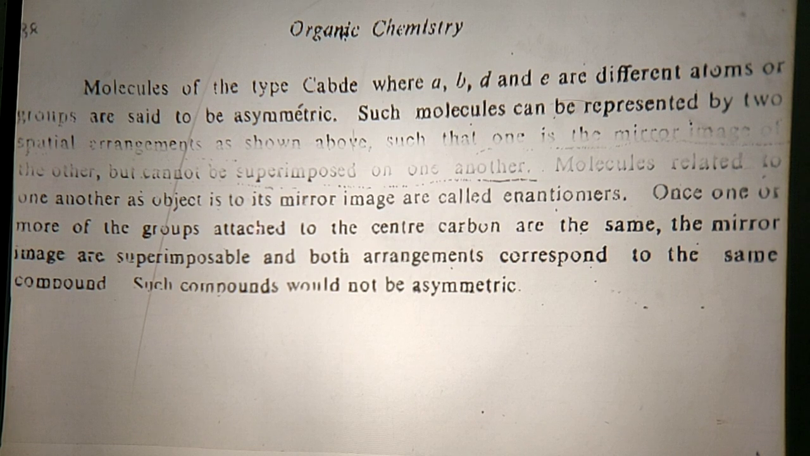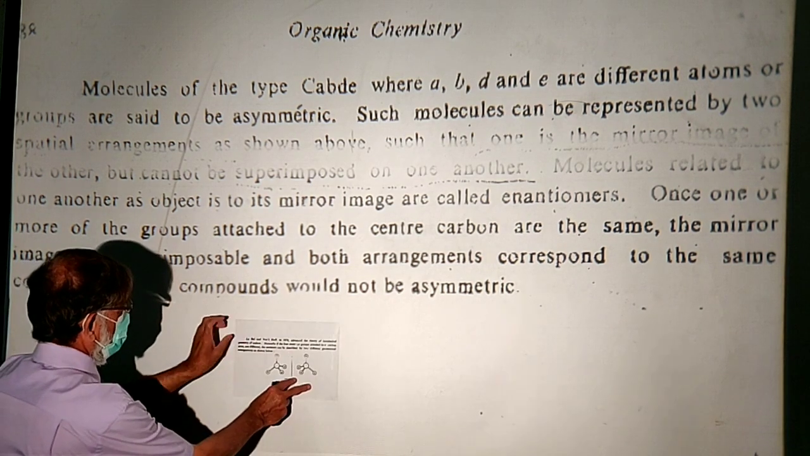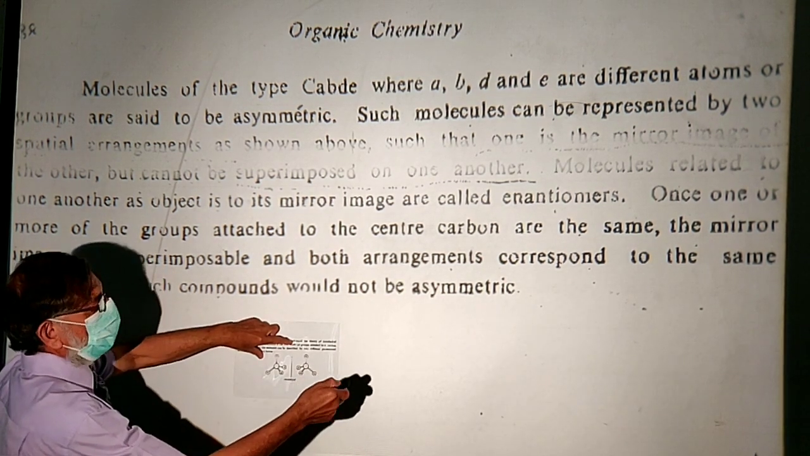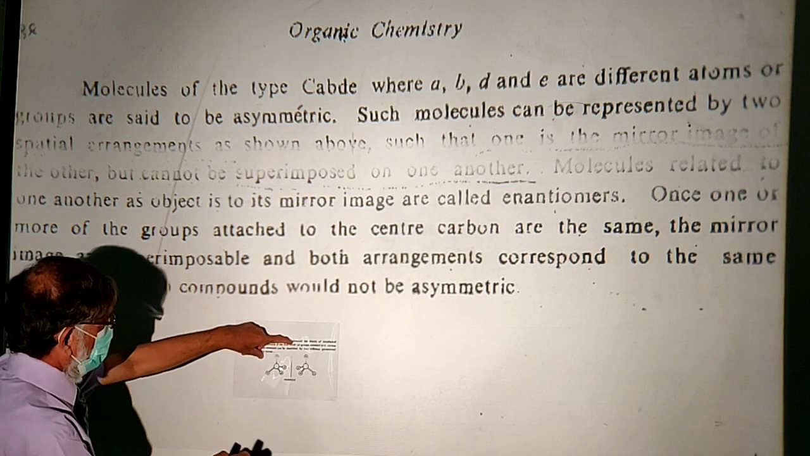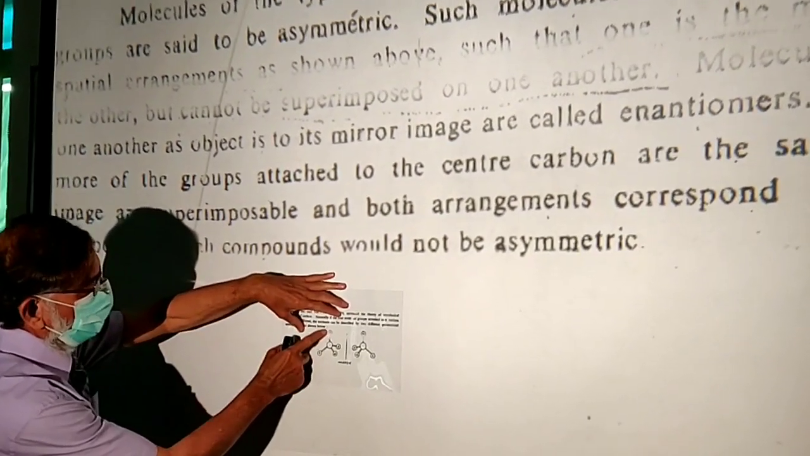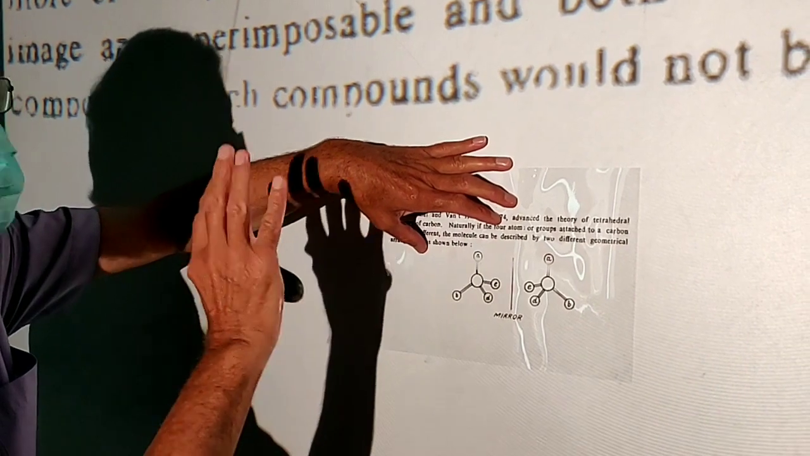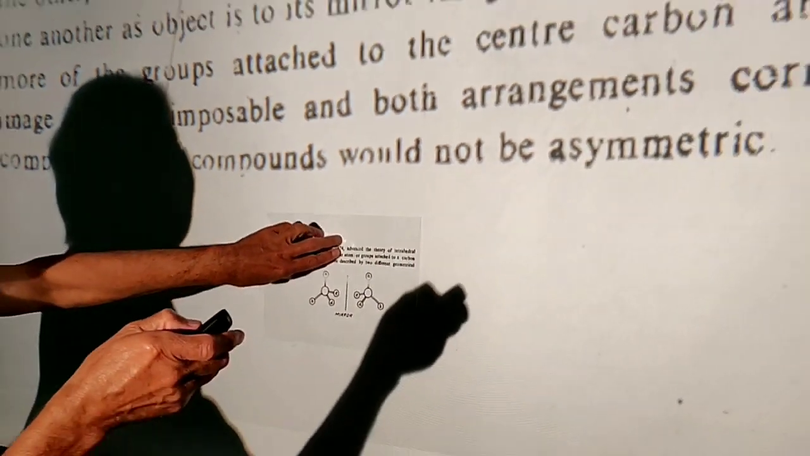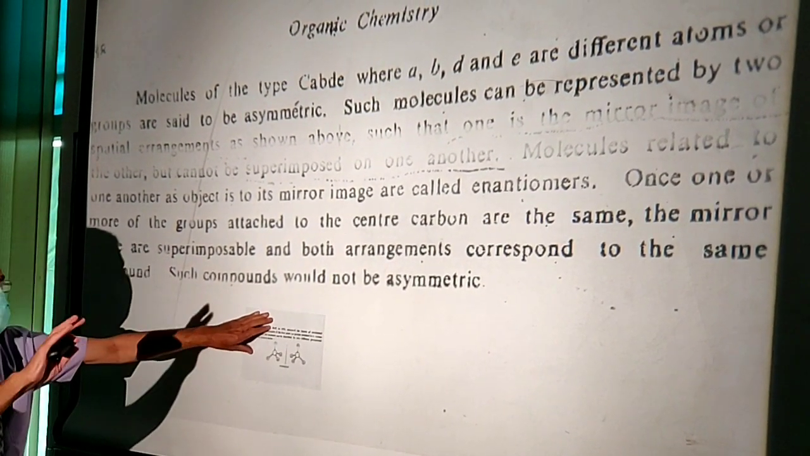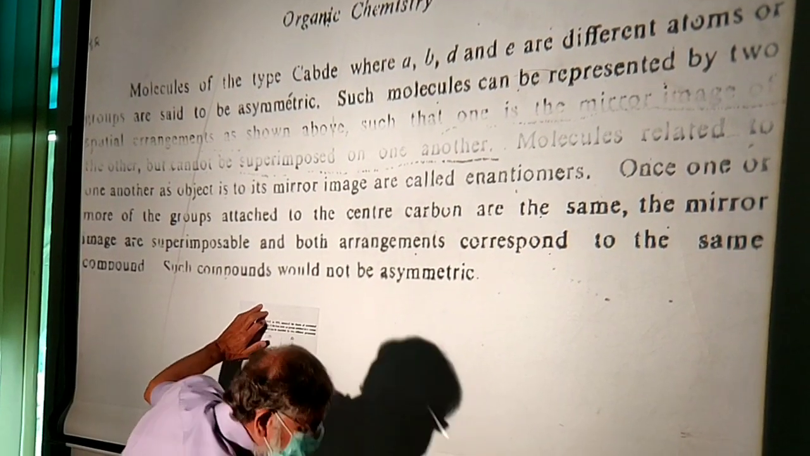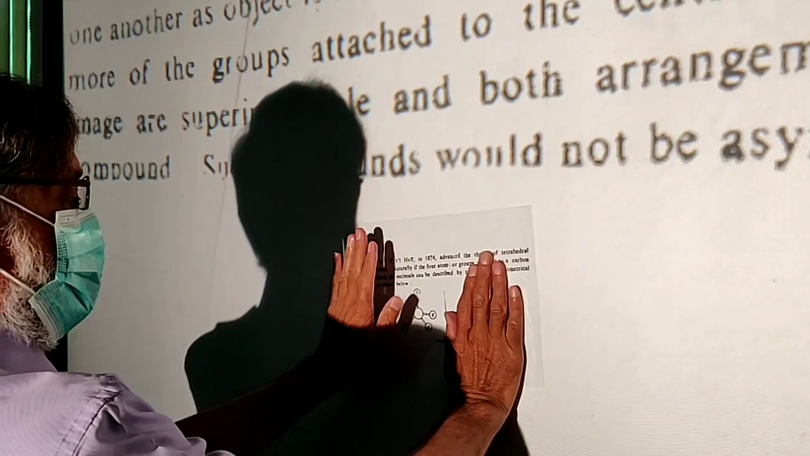One or more of the groups attached to the central carbon are the same. So this is the central carbon. Say there is an OH group, there is an OH group, there is an OH group, there is an OH group. All are the same. The mirror images are superimposable. If they are the same, now you can place this upon it exactly, as this is this, and this can be